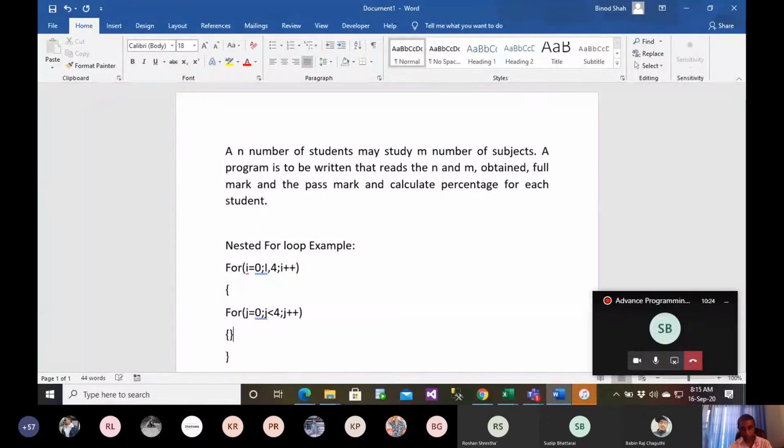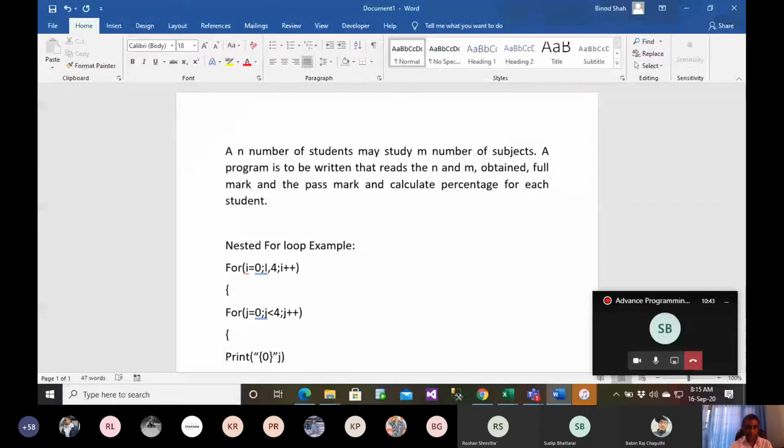In this body I'm going to print something, let's say j, using a format specifier and slash t.